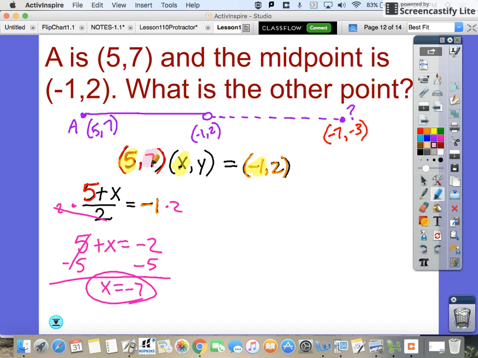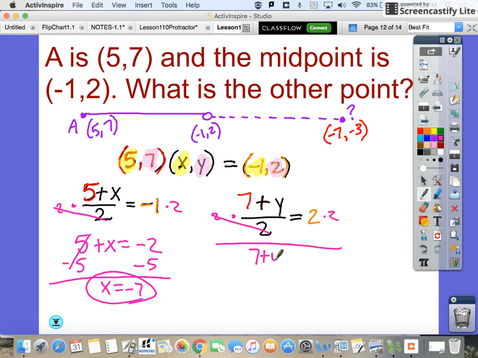Then what we're going to do is second plus second equals second. Second plus second divided by 2 equals second. And then again, same steps, times 2. 7 plus y equals 4, minus 7,